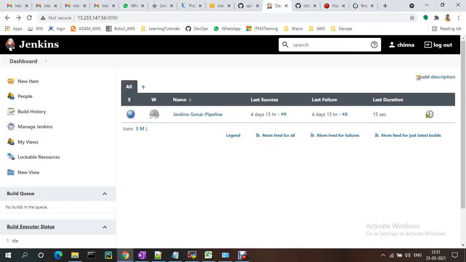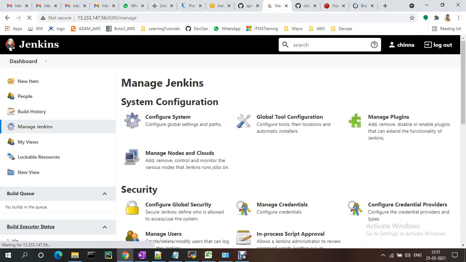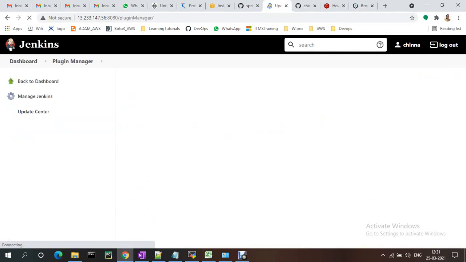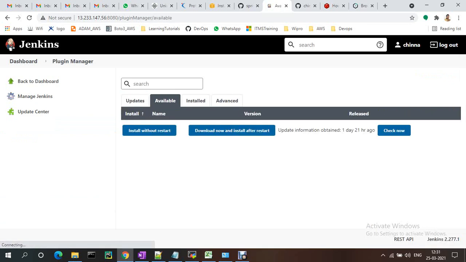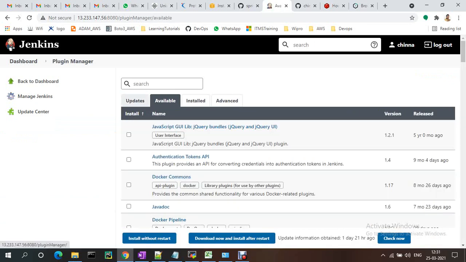Now to integrate that, we need a plugin called Nexus Artifact Uploader. For that, go to manage plugins and check under available for Nexus Artifact Uploader.